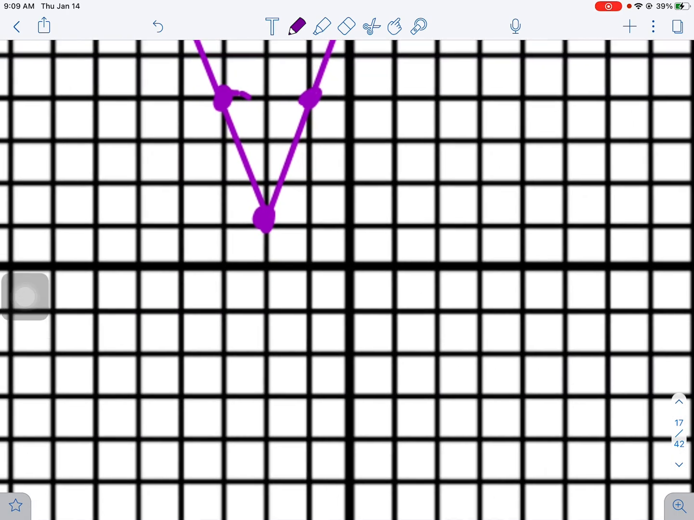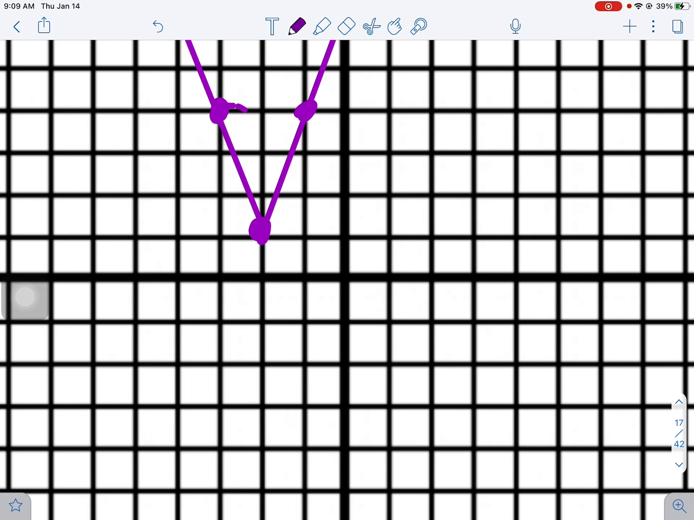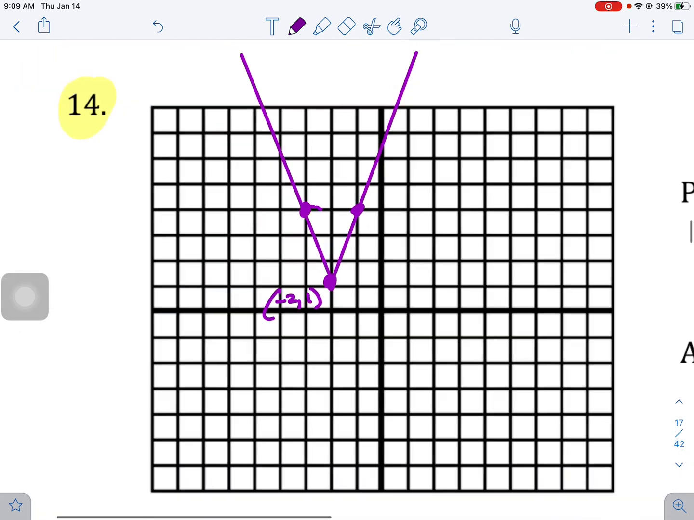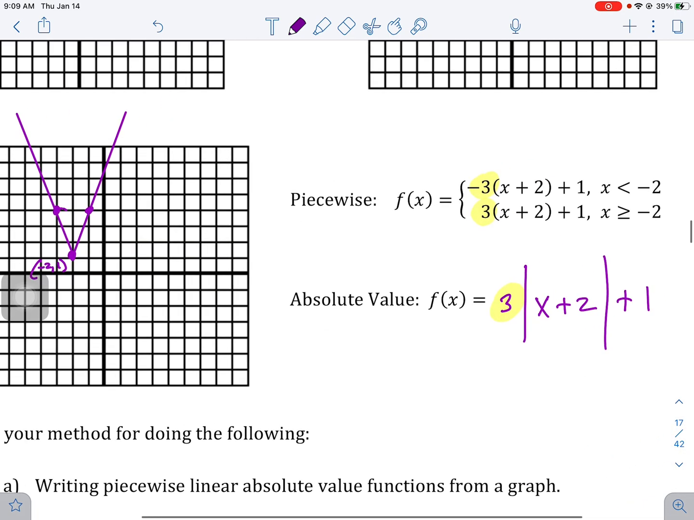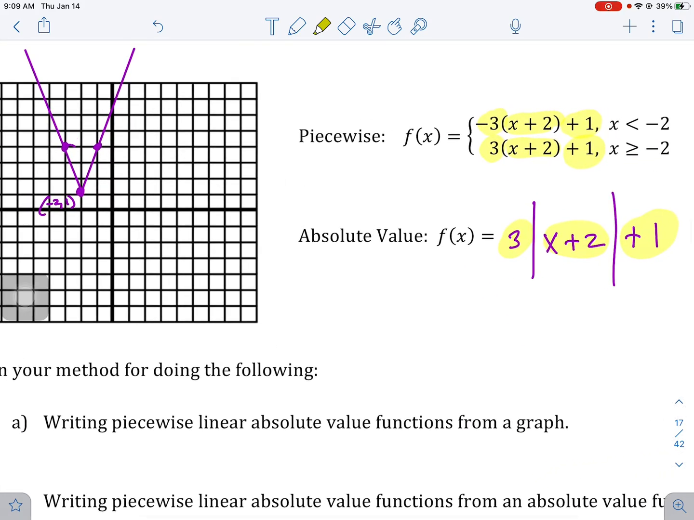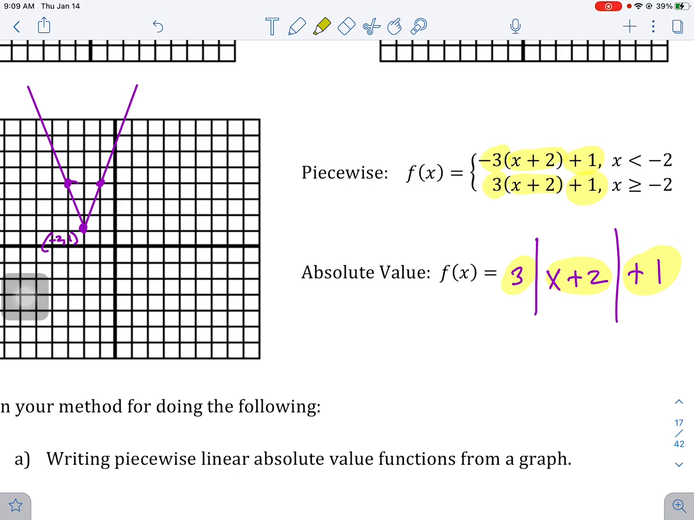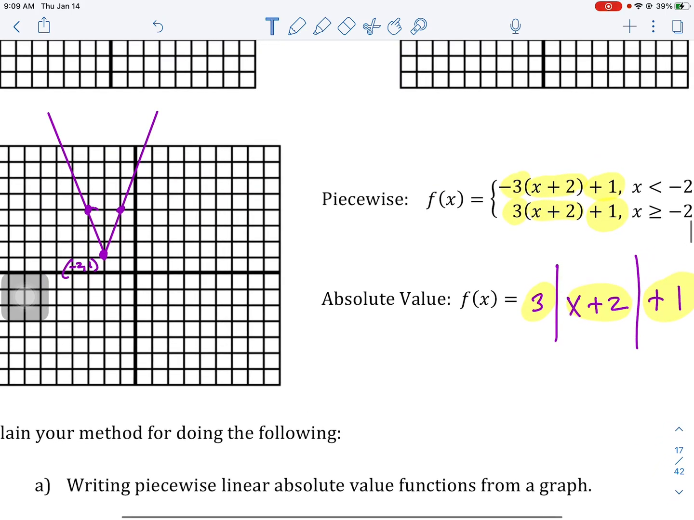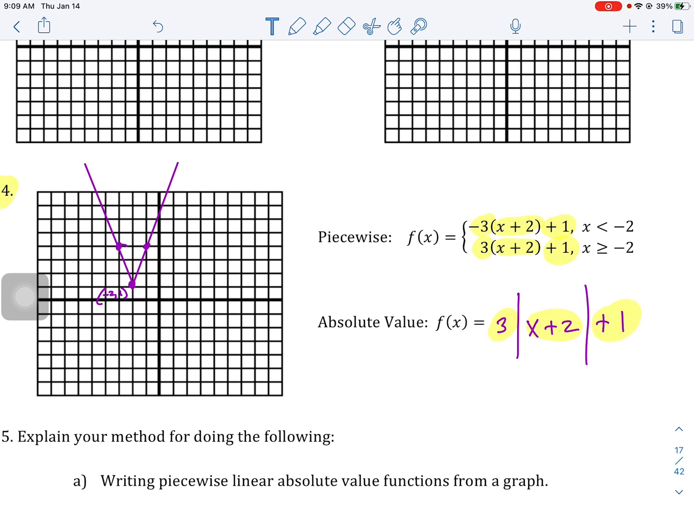And notice what we did is we realized this point right here is at negative 2, 1. That's my vertex for this absolute value function. And so that negative 2, 1, the negative 2 is coming from the x plus 2, right? And then the plus 1 is coming from the vertical piece of it. Okay, so that would be the absolute value. So you can see there's two ways to write either of these functions here. You can either use the absolute value, or you can do it as a piecewise function with two linear